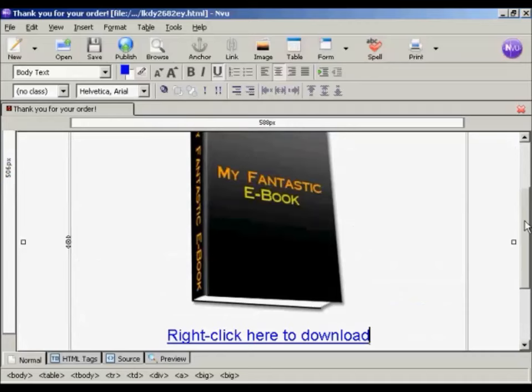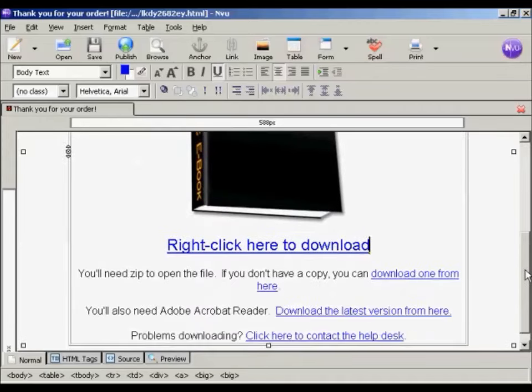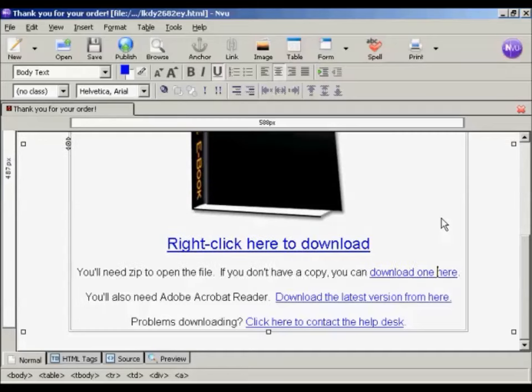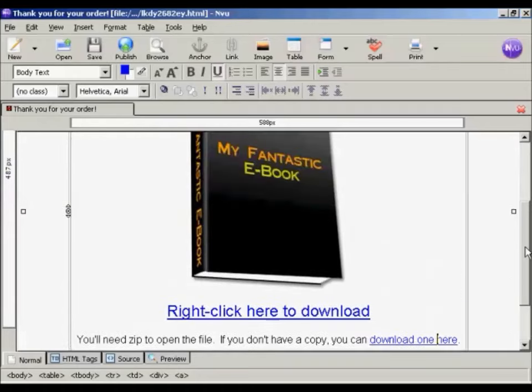You can see it's changed the spacing a little bit, so I don't want an orphan on there, so I'm just going to delete where it says from. The link will still work, as you can see,